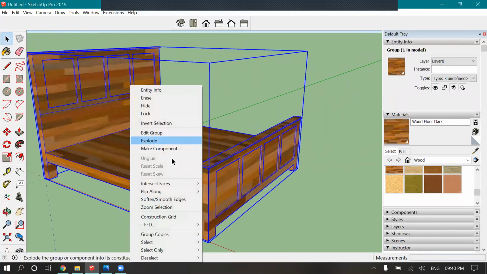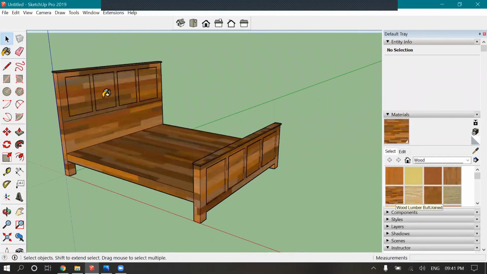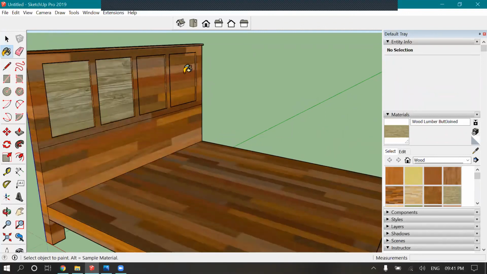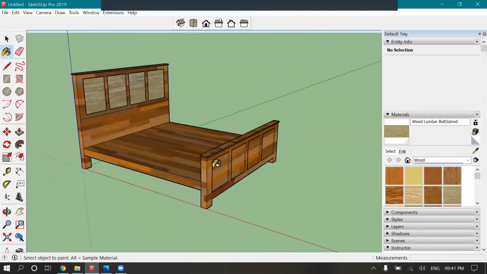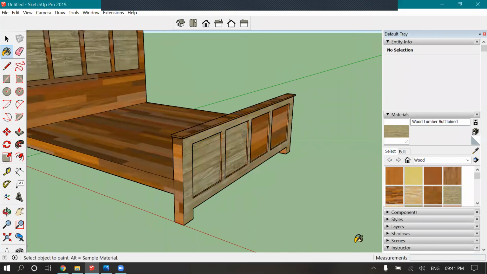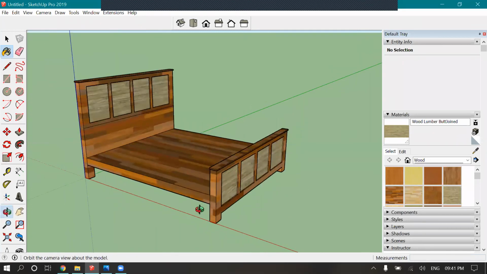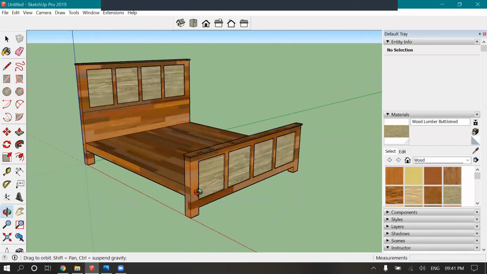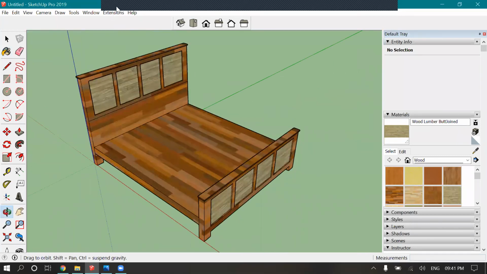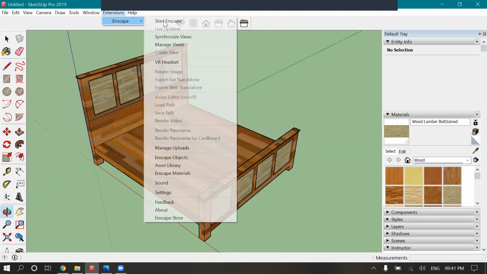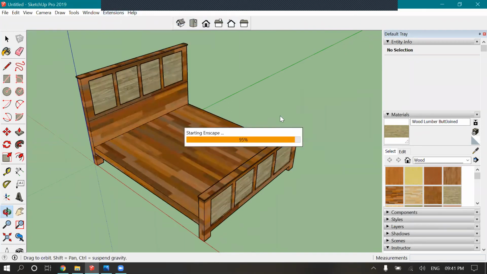Explode, and then add small parts in it. This looks so bad. Start render.